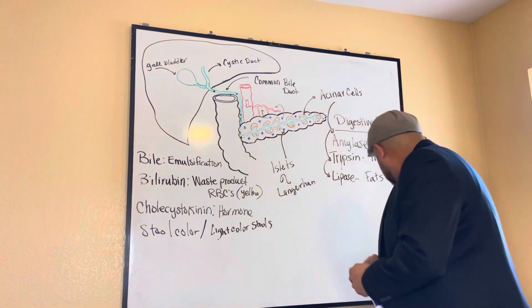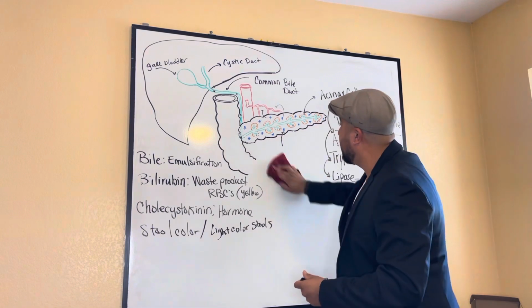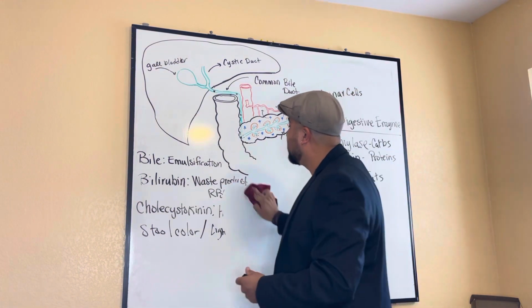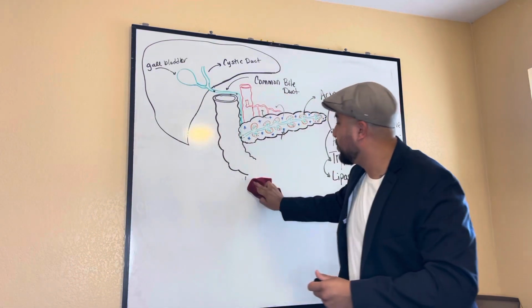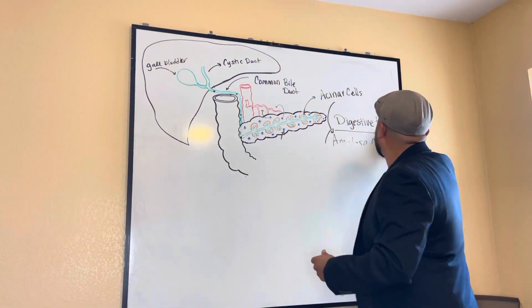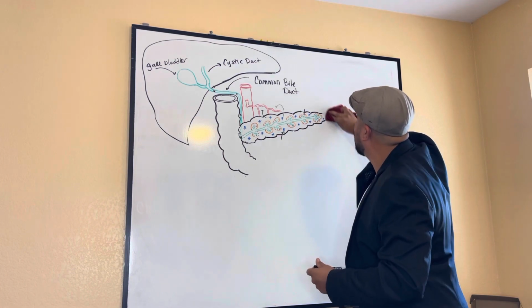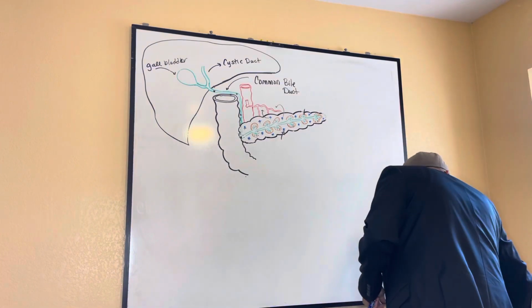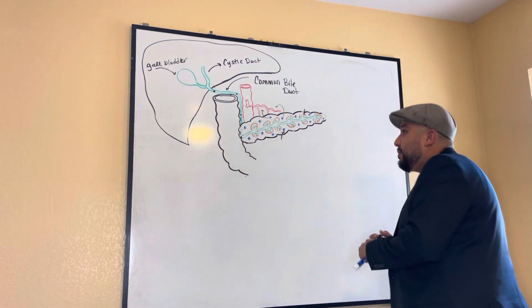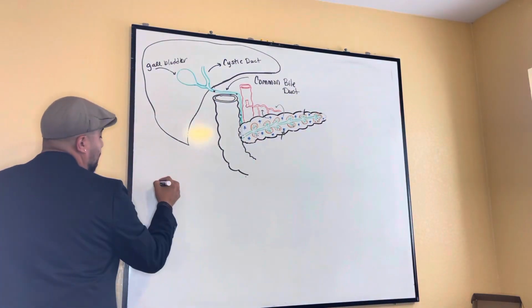Now, to begin a discussion of the disorders, you have to keep in mind all these elements that we discussed. What does the gallbladder do, what does the pancreas do? When you know what those organs do, you start developing a clear picture as to what's going to happen when those functions are no longer intact. So let's start off with gallbladder issues. In gallbladder issues, we can have two primary issues. We can have cholecystitis,